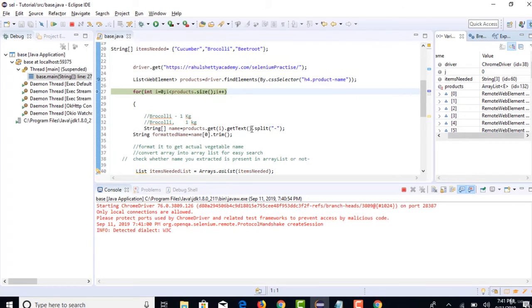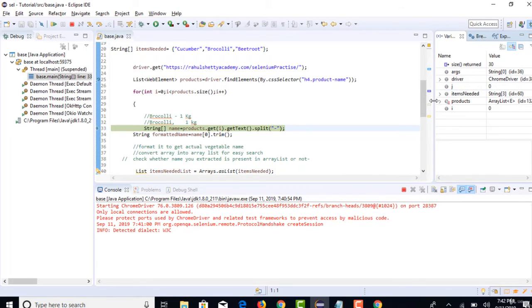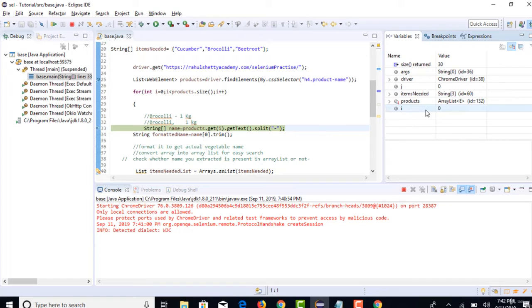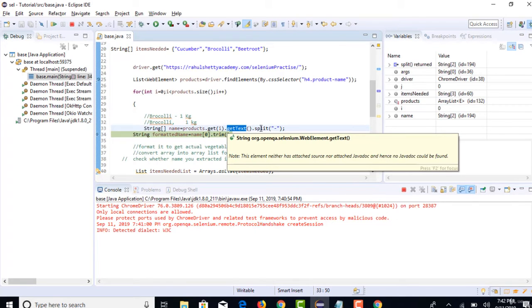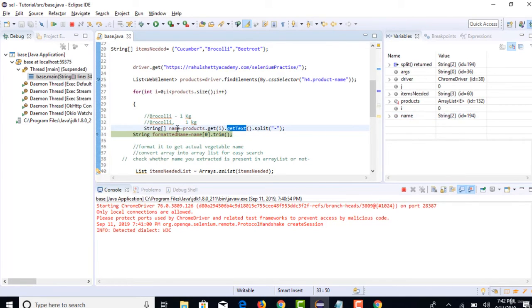So firstly, let's go inside. Right, so i equals 0 now. When i equals 0, it extracted the 0th item of the 30 items, and when you pull the get text, the value got stored in the name variable.